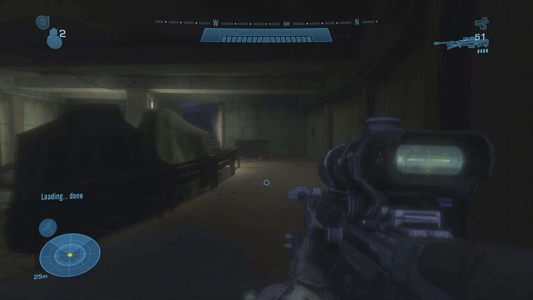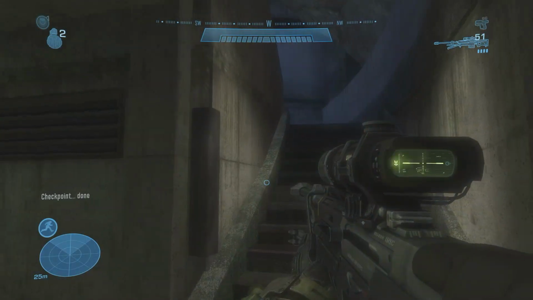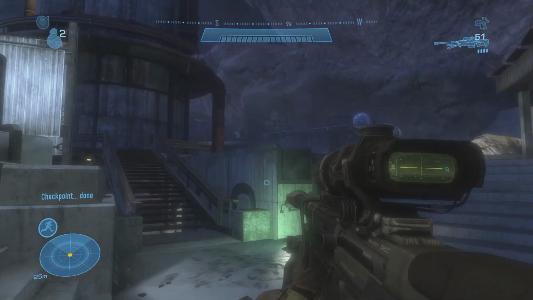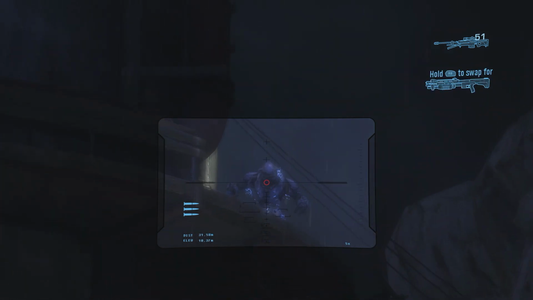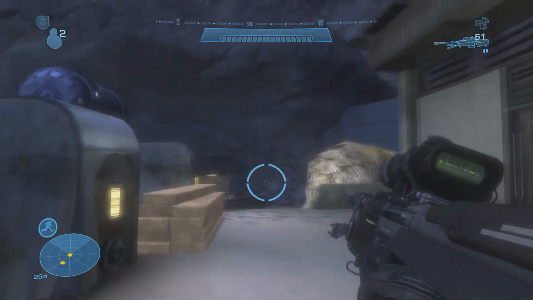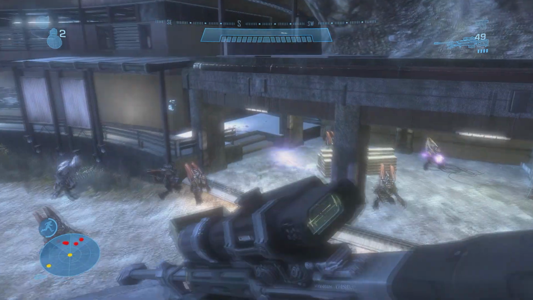Once we come into this building, I like to pause just at the bottom of these stairs to get a checkpoint. Yep, there we go. And then as soon as we run to the top, you want to zoom up here onto this side of the tower and take the elite out. Once he's down, again, just follow where I'm going, sprint across here,